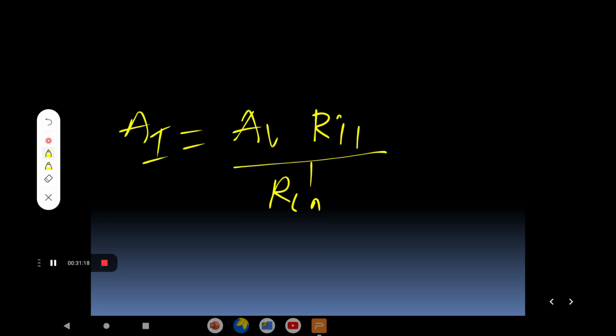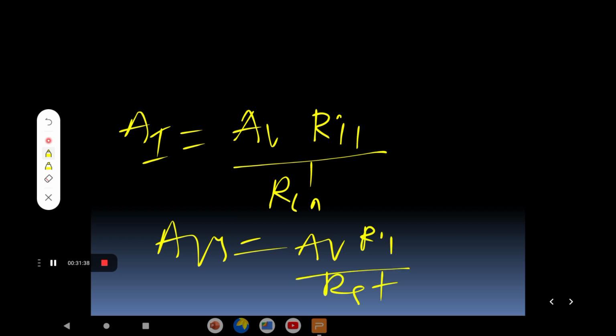At the same time, AVS is equal to, in case you want to find out AVS, it is also equal to AV into Ri dash divided by RS plus Ri dash. So by using the source resistance values, you will get it. So this is a way of calculating